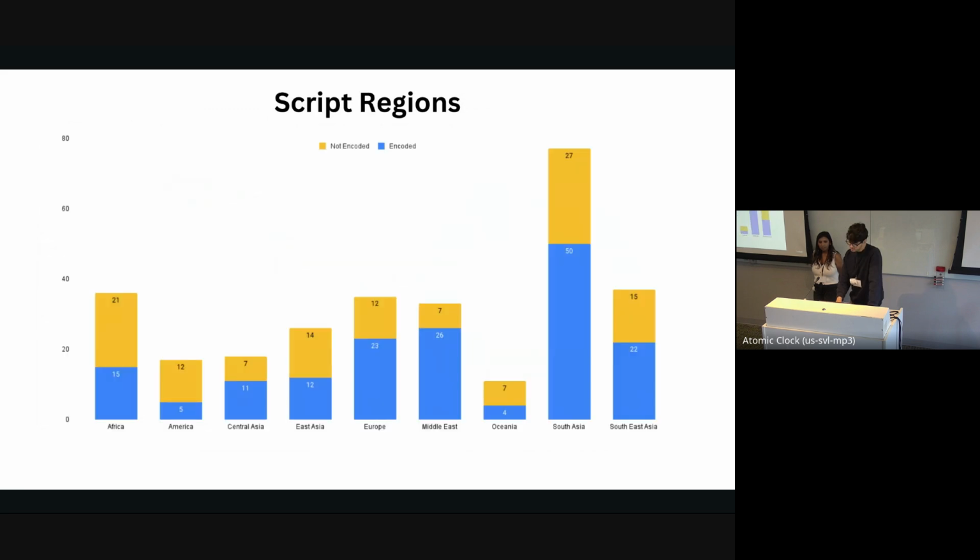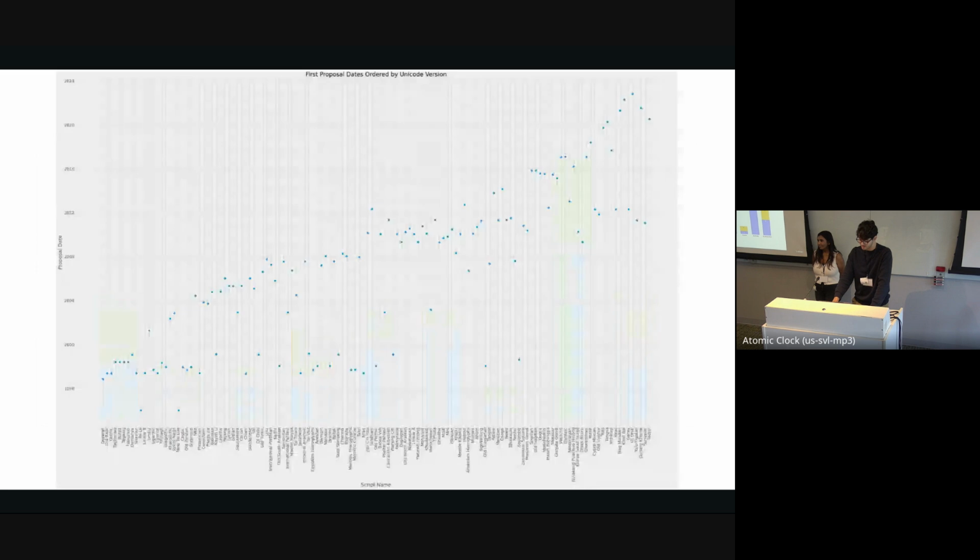On that, we can also look at the gap between what is in Unicode and what's left. And if we combine that with what we saw, it looks like we probably need more people like Michael or Anshu to focus on Africa and the Americas, basically, where neither of them did as much work as they did in other regions. So it would help if there was somebody similarly focused in those areas.